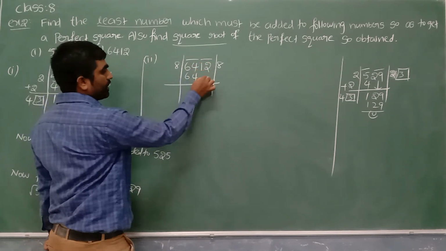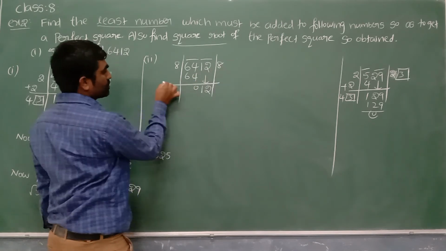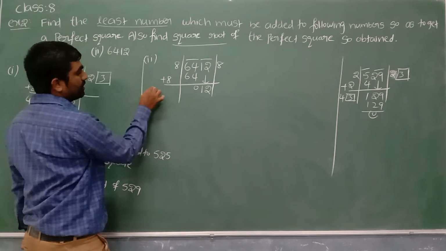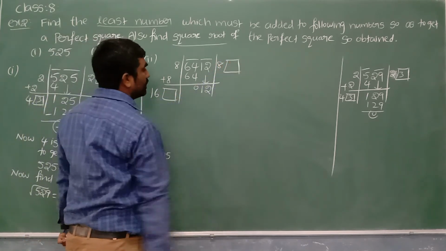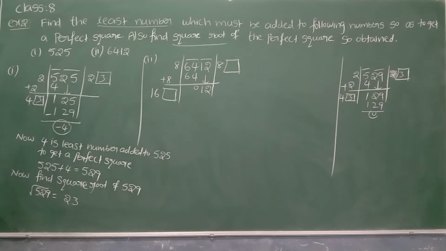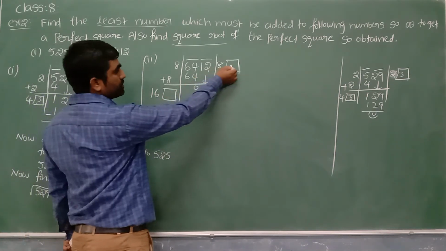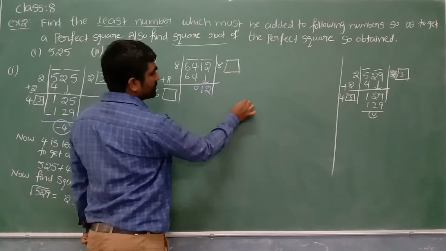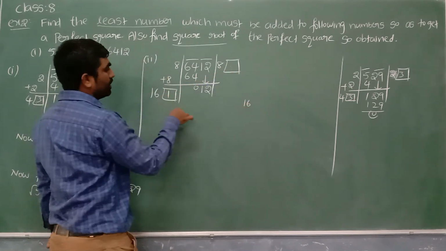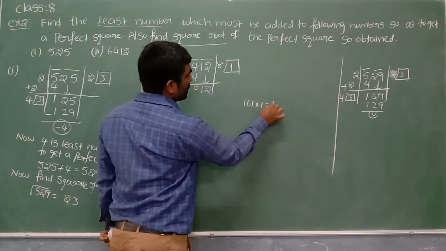Now below the second bar I can see 2 digits. Those two we bring down. So this quotient 8 will add here. 8 plus 8, 16. We'll keep one box, even here also one box. Okay? Yes. Now what can we add here? If I write here 0, here also 0, 160 into 0 is 0. If I write here 1, even here also 1, 161 into 1 is equal to 161.